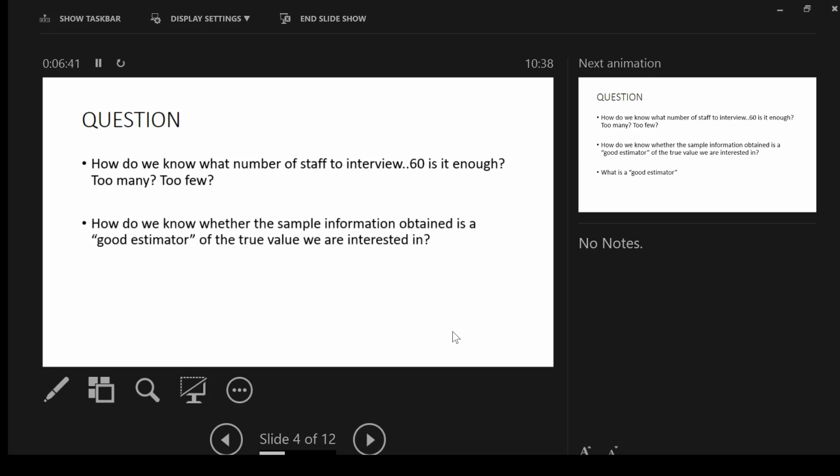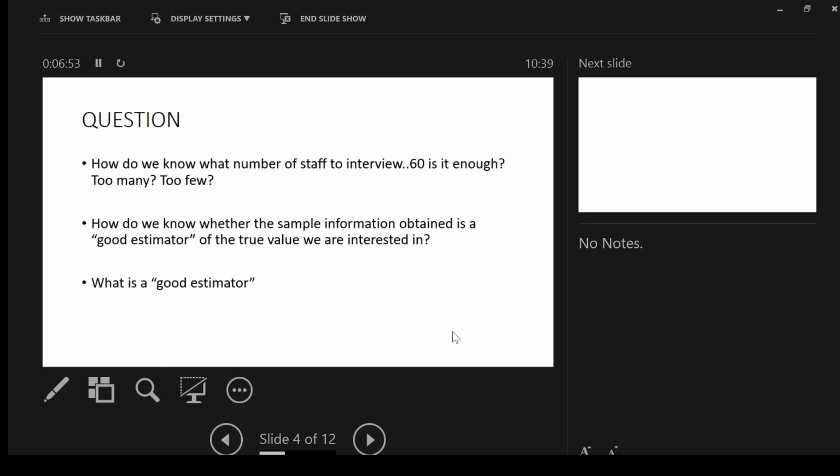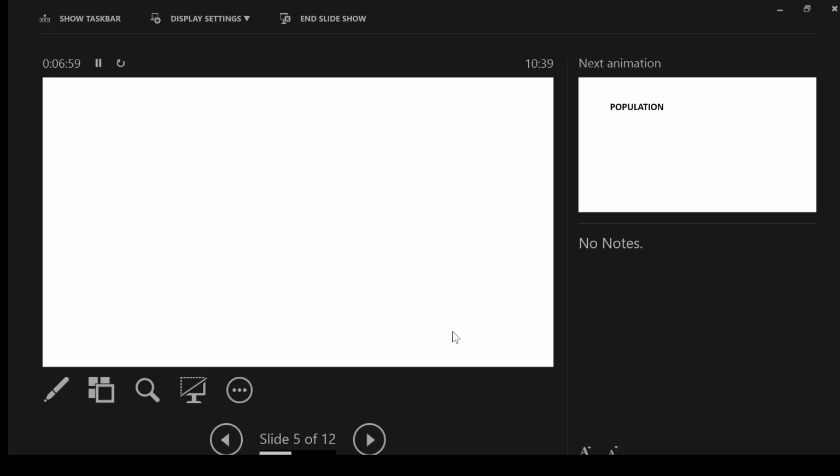The next thing you want to know, I said I want to take the best possible estimator. How do I know it's good? What makes an estimator good? What is a good estimator? And then you want to know, is it close to the true value? Obviously, that's what you're interested in, but how exactly do we define it? Now, in order to understand this deeper, I'm going to talk generally about